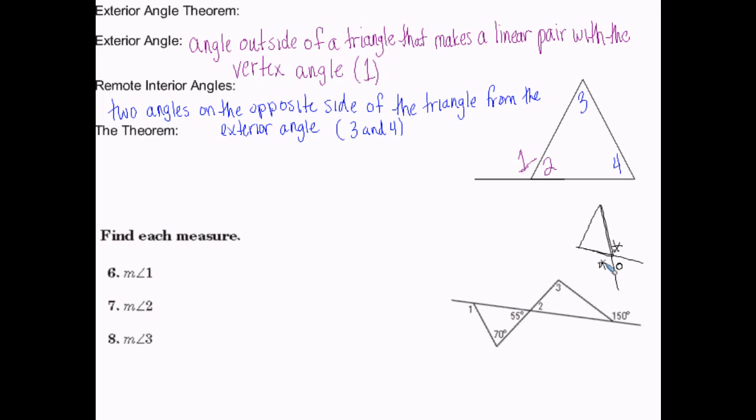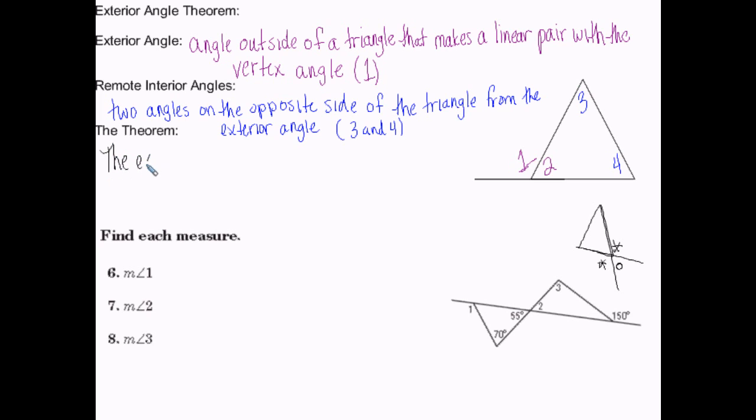I'm not paying attention because I'm writing. It's a little slow, but I'll get this. The definitions are making sense of what parts are which, because you have to know those before I can give you the theorem. I haven't written the theorem yet, I just wrote what the exterior angles are, what the interior angles are, and then I'll give you the theorem. It won't do any good to know the theorem if you can't identify the angles. So are the angles okay? Good. All right, so the theorem is that